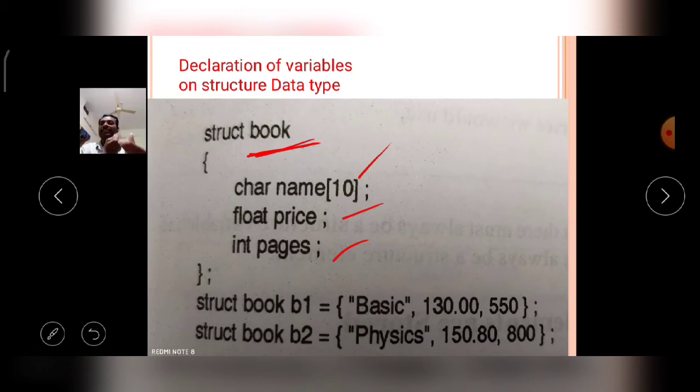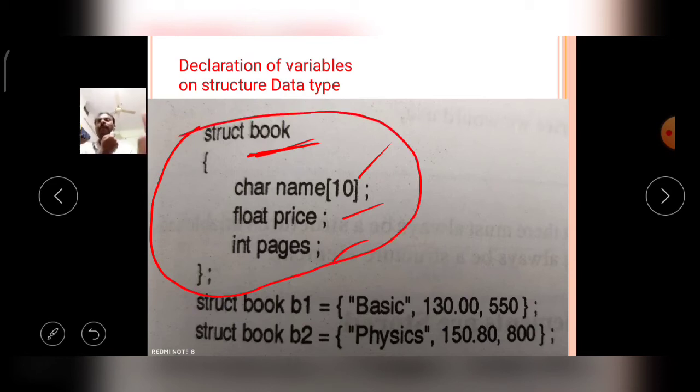Generally it is an integer data type. So the data type struct book contains 3 structure members: name of the book, price of the book, and number of pages of the book.